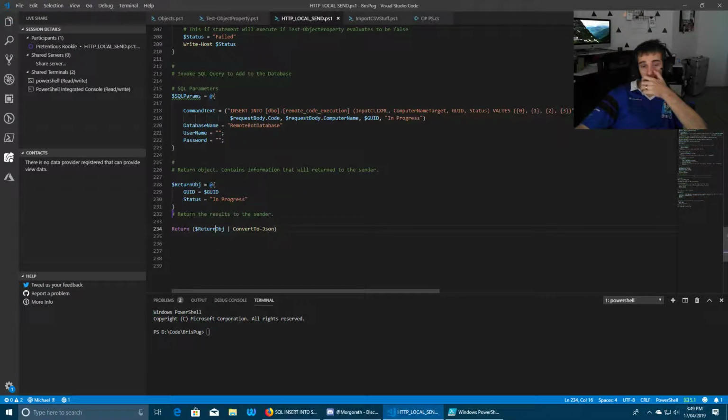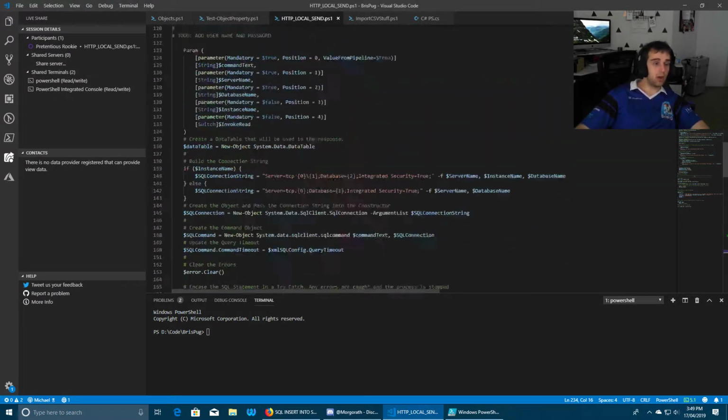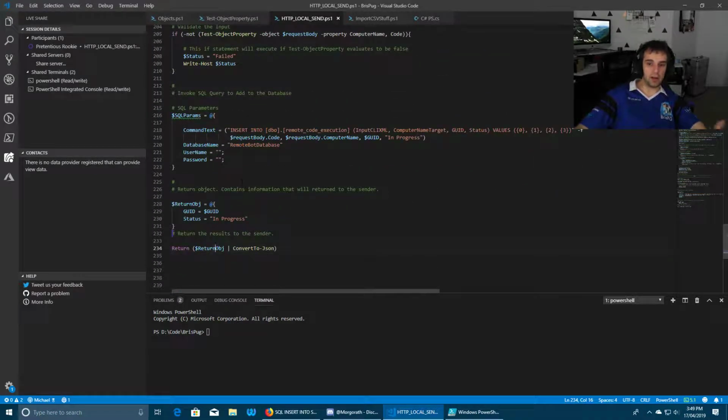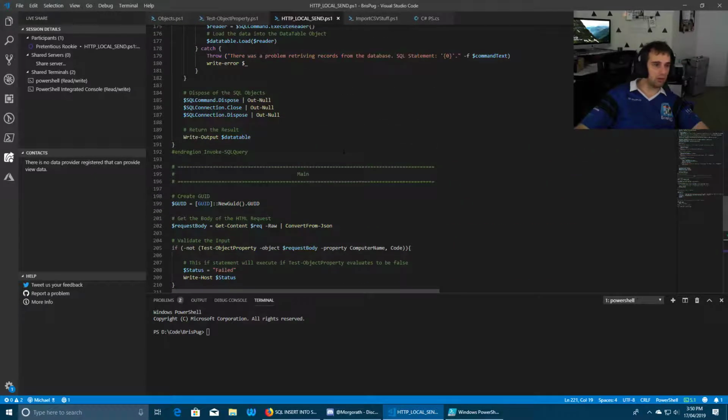So for 234 lines, it's actually a fairly simple script, and most of it, if you think about it, is all functions doing things like validation. And this is the biggest thing about PowerShell, that's usually how it is. It's always functions. If you build your functions out and you're calling your functions all the time, most of the time your functions will be doing things, and your main block of code will only be like 200 lines. So it's quite an easy way. So we're pretty much done there for today.